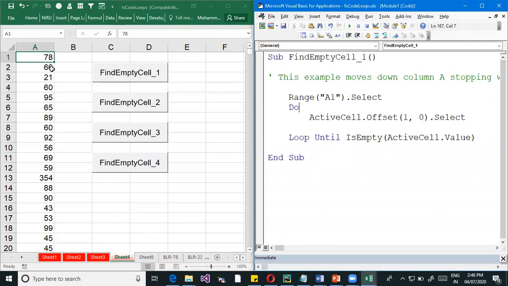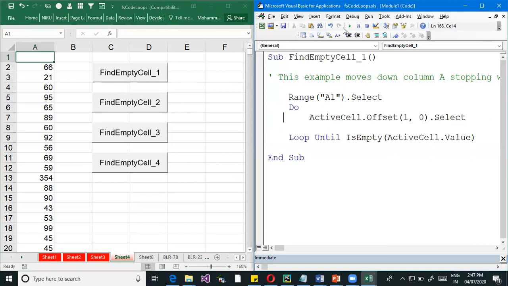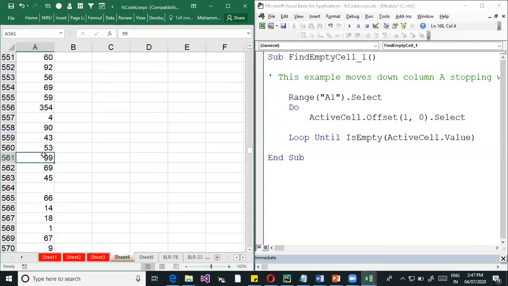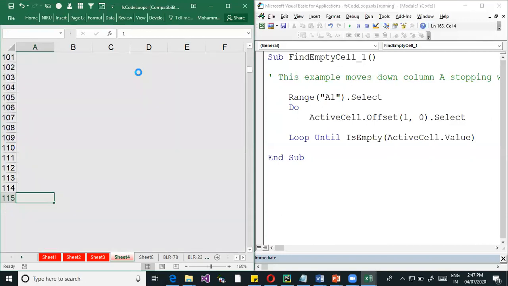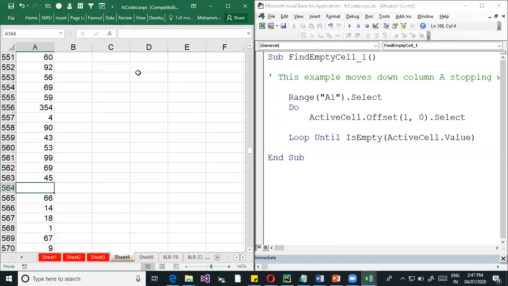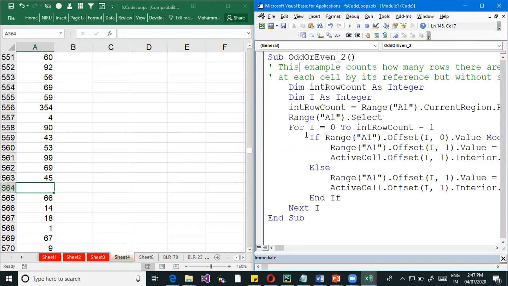So that means here what I want is, see if my first cell is empty. I don't want to say it's an empty cell. I want the first cell to be empty itself. So in this case, you can see when I try to run this, it will not stop at the empty cell, the first cell. Okay. See, my cursor is somewhere over here. So it has to stop at A1. It is not stopping at A1. It is going further. So you can see it is not checking the condition at the start. The condition is checked after the statements are executed. So the first thing, how this particular loop is being used in this case